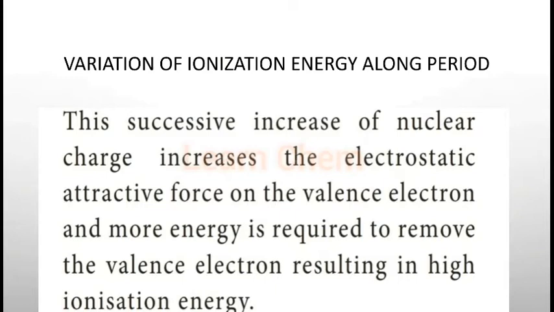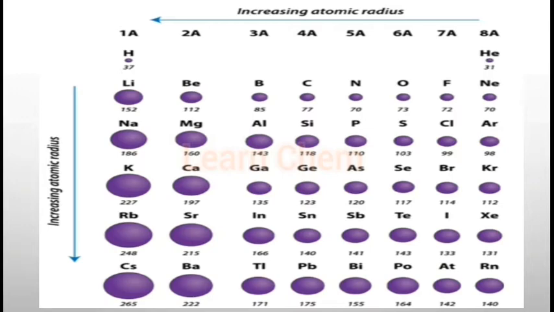The next topic is the variation of ionization energy along a period and group. We already know that from left to right, the size of the atom becomes smaller, isn't it? From left to right, the electrons are added in the same energy level, and in the meantime protons are also added in the nucleus. So the attractive force is more from left to right, and the size of the atom decreases. We already discussed this in the last class. So we can expect that if you travel from left to right, the energy required to remove an electron from the last shell becomes higher.